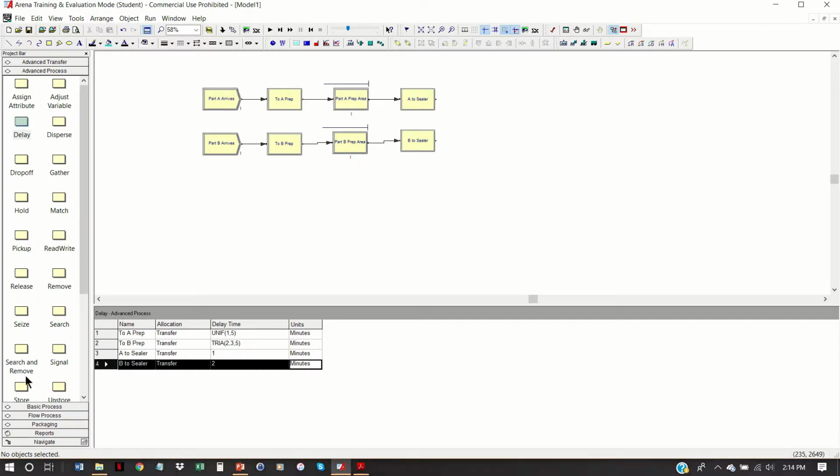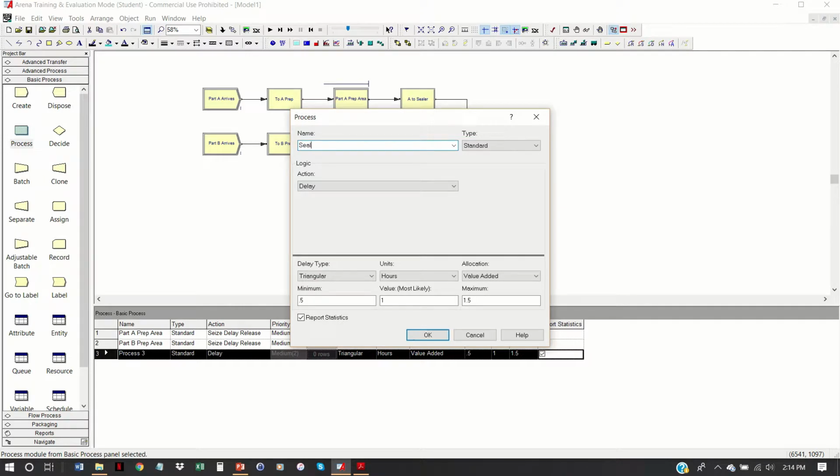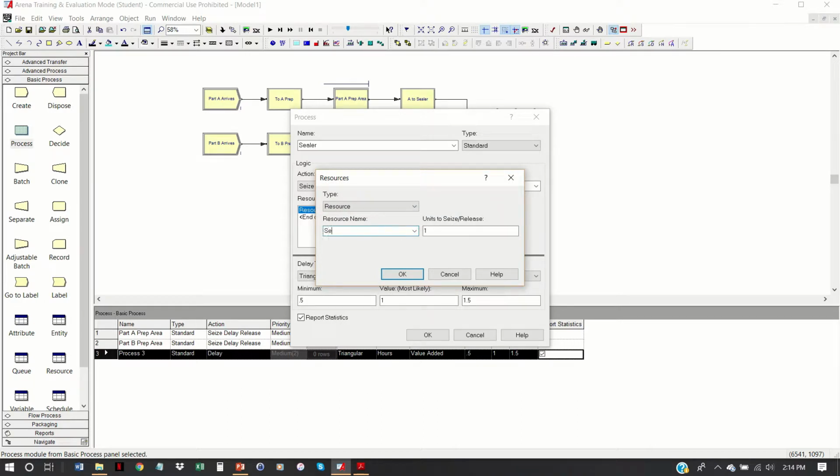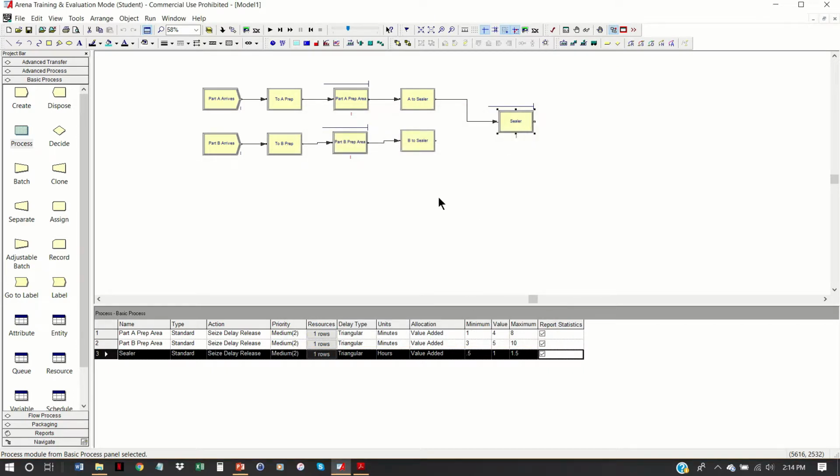And the process time, well, let's first go ahead and create our process. So we're going to have a process here. This is the sealer. It is a seize, delay, release. The resource is the sealer machine. But the delay type is different. We don't know what this delay type is. So we have different delay types depending on which of the entities, which part type it is. So what we can do here is, before we get to the sealer, assign this delay distribution previously